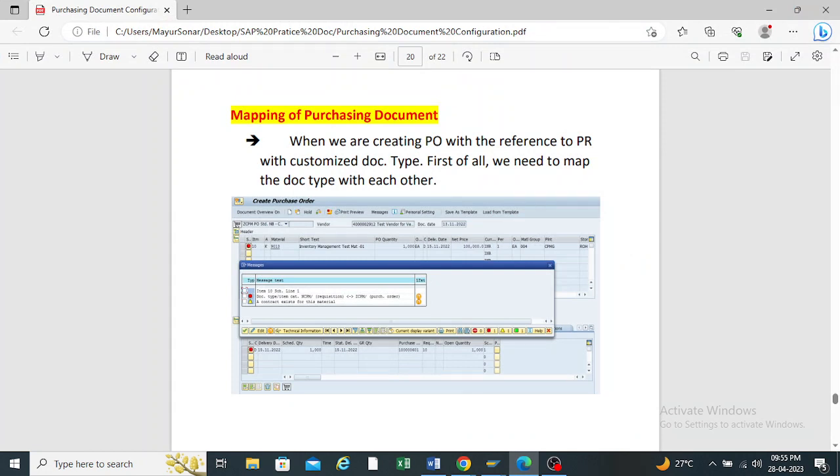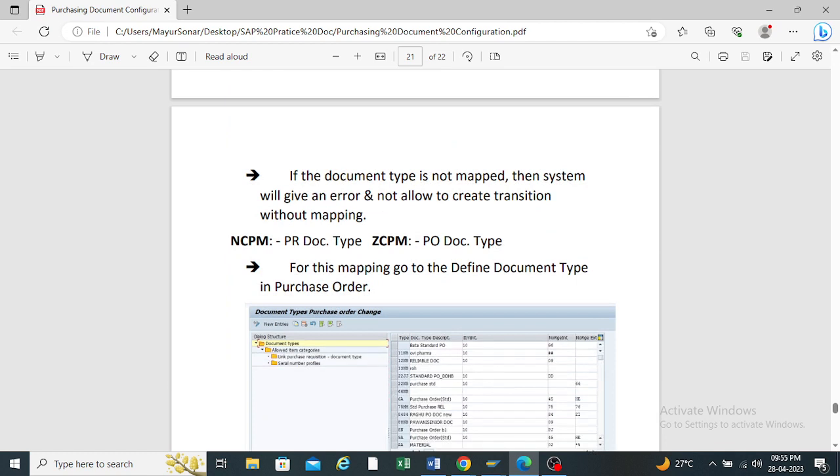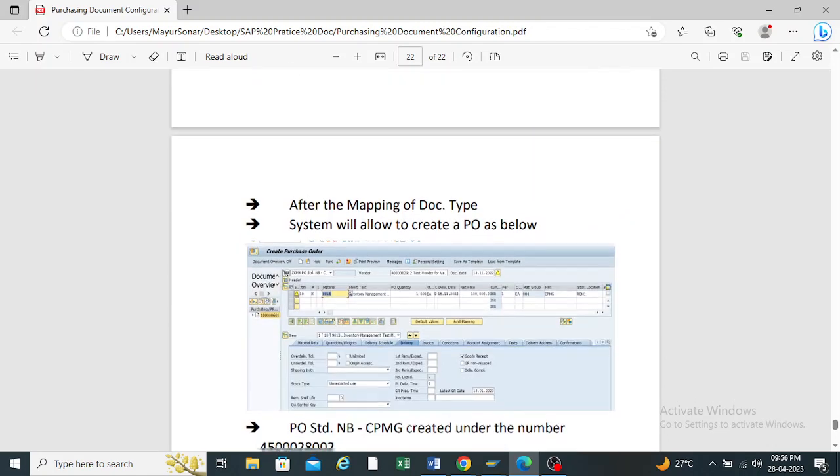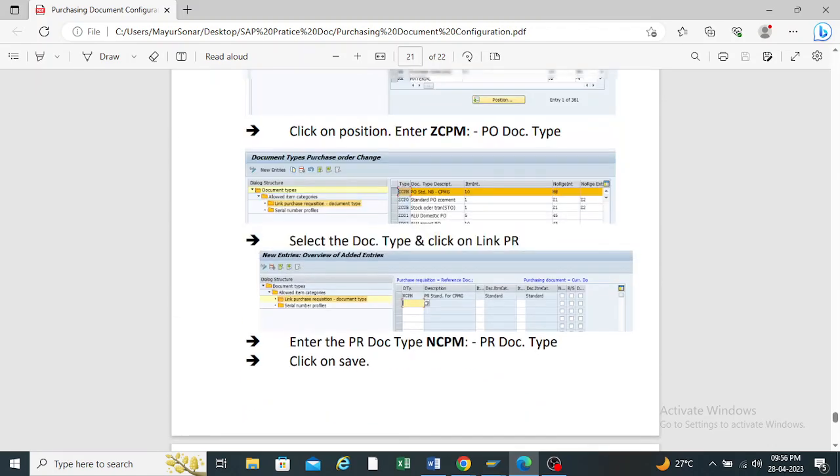When we create the purchase order with reference to the PR with the customer's document type, first of all we need to map the document types with each other. If the document type is not mapped, then the system will give an error. The system will not allow creating that document. For that I will show you how the mapping of the document type is done in